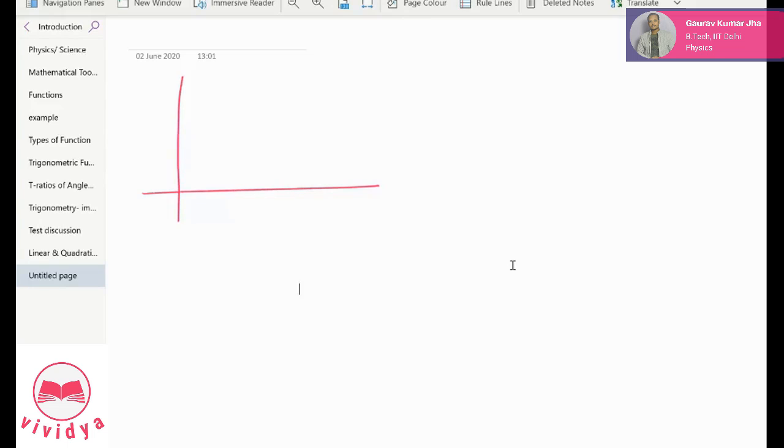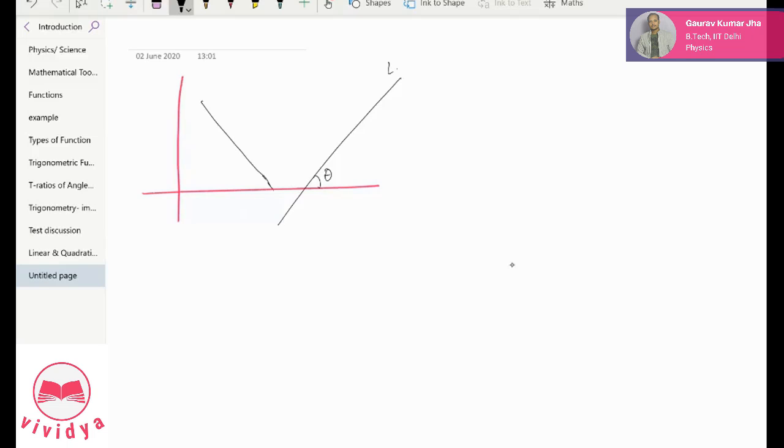So let me summarize what I want to complete it with. Imagine we have a line like this. Then the slope of this line will be given by the slope of this type of line and the slope of this type of line. The slope of this type of line is tan theta. So if this angle is theta, then the slope of, let's say, L1 is tan theta. And it is positive because theta will be an acute angle for such a line, right?